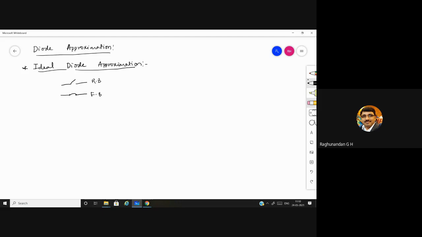So this was represented by the symbol. This is the symbol for the diode, and if I shade this diode, then it is an ideal diode. So the ideal diode was replaced by a switch which is going to open and close. This is in off state and this is in on state. So they assumed that it is going to offer zero forward voltage drop, and it has infinite reverse resistance,